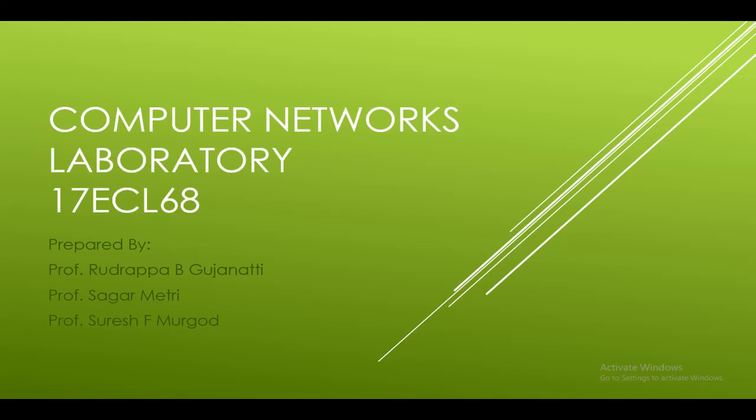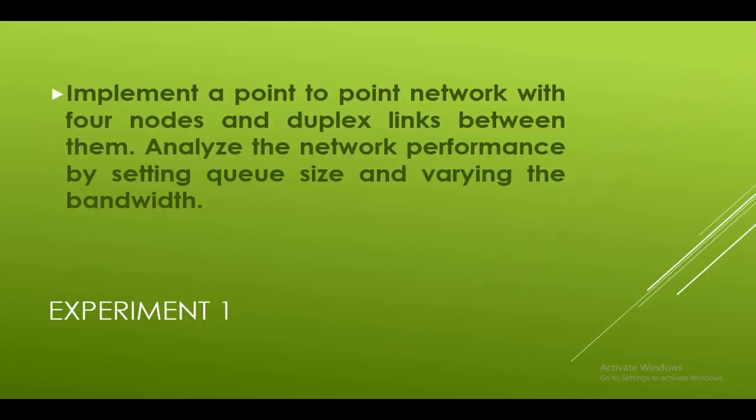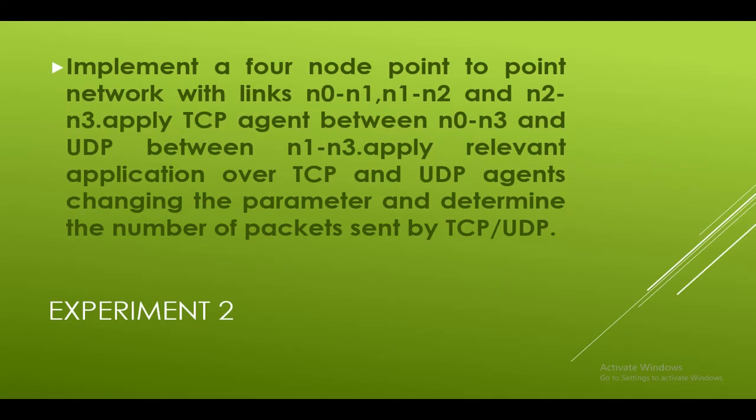So, in previous sessions, we looked into the introduction of the NCTNS tool, and in the next session we looked at an experiment wherein we had a look over the throughput, input throughput, and output throughput, and the drop of packet analysis and the collision analysis. Let us move ahead and look at the second experiment.